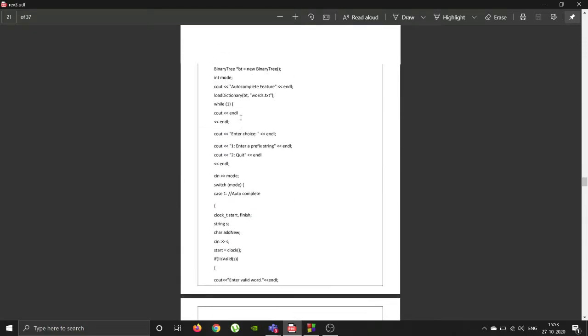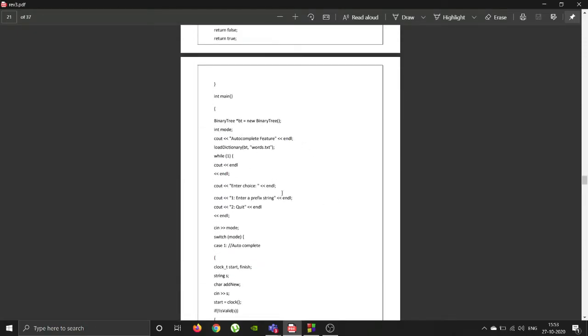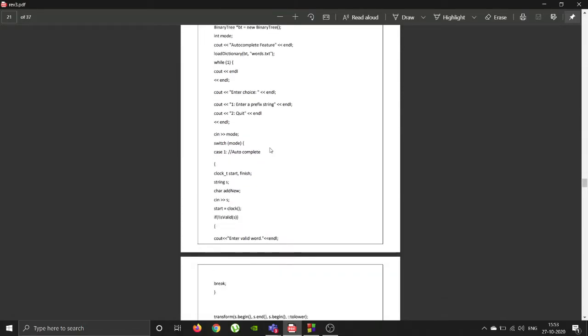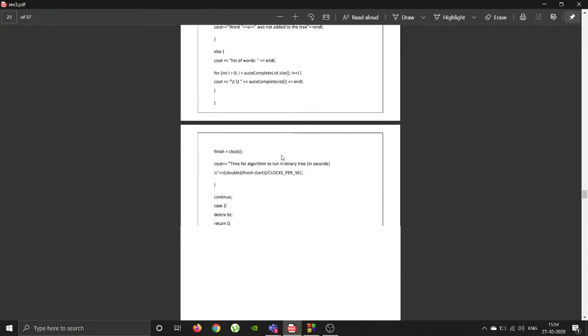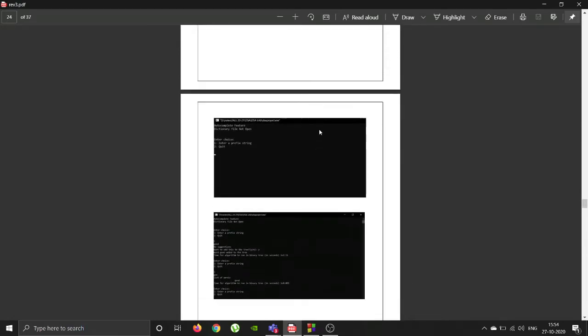Then we have here the main function that has implemented all the above given classes and the methods of those classes using a switch case, giving us two options: to enter a prefix string or to quit. And here you can see we have the screenshots of the output, which was also shown to you in the last review. And now for our final implementation using trie, our colleague Krishna will take over and discuss it with you.